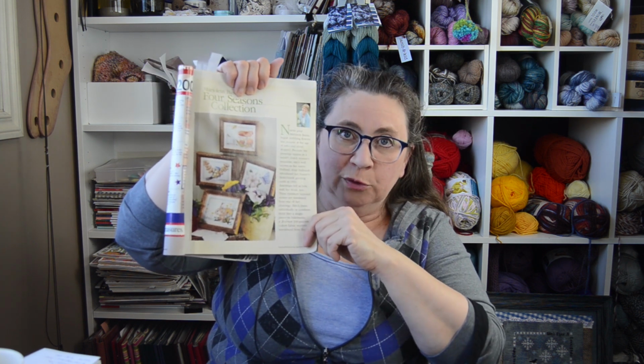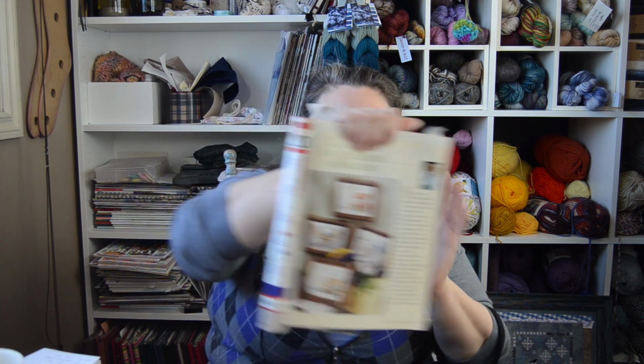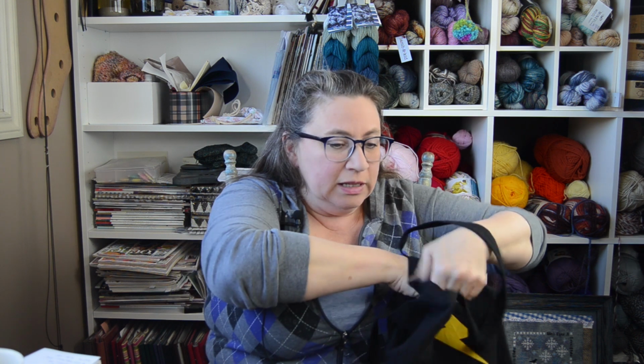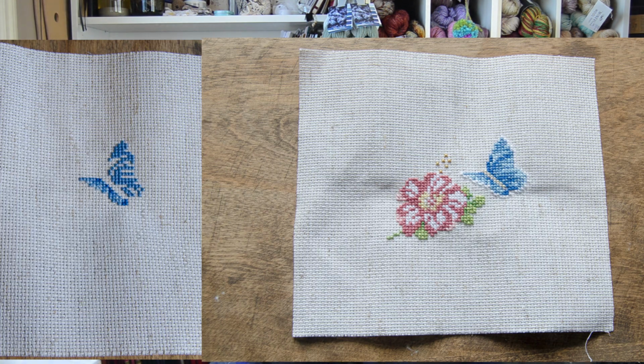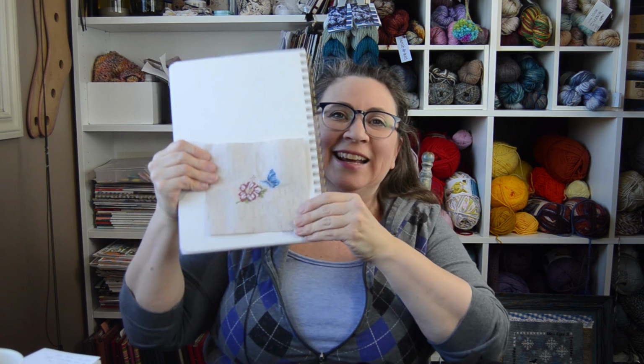It is a 4 chart collection that I showed last time, and I started out with summer because I needed some blue floss for stitching for a prompt, and I'm almost done with this one. I totally intend for it to be a finished stitch for next week. And here it is. So I put 592 stitches into this piece, and I really like how this one is